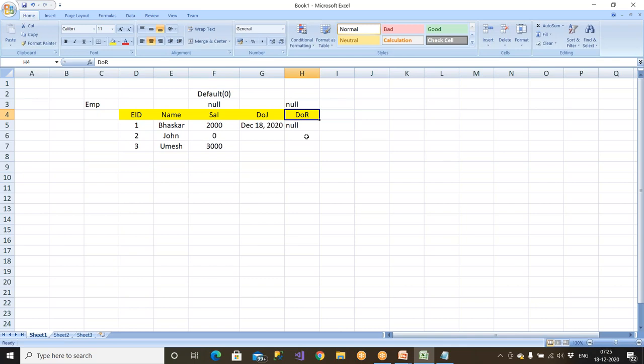Because we don't know when this guy is going to leave this company. Do you know what is the date of your death? So date of birth you have, date of death we don't know, right? It is an unknown value. So those are completely null values. Date of resigning, date of marriage, do you know that now? You don't know, right? So date of death or date of resigning, a lot of values are unknown values, so those have to be maintained as null.